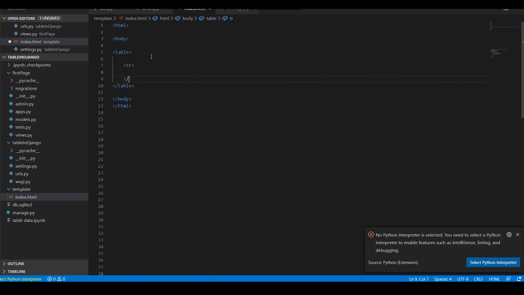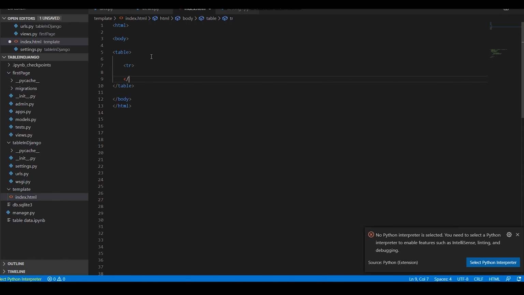So my logic is, I will iterate over this list and I will arrange the elements of this particular list in my table here. So for that, data, we don't have to define it here, and let's close the loop. And now from here we have to define our row.